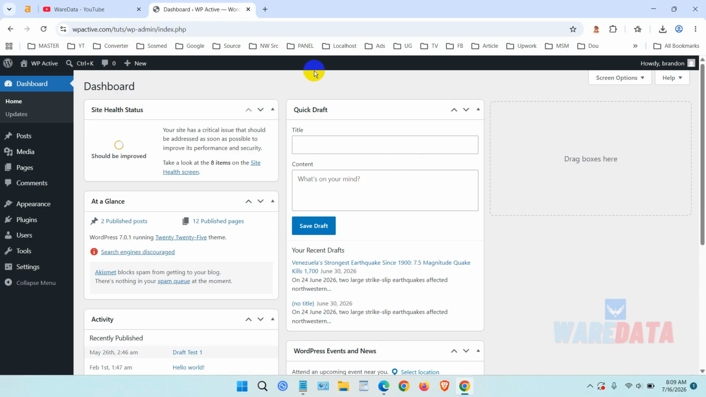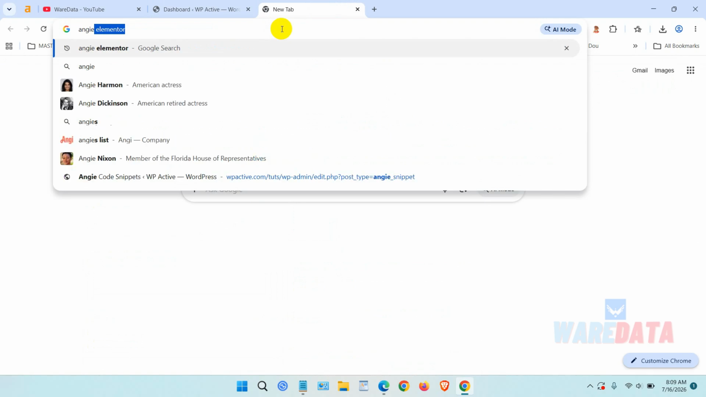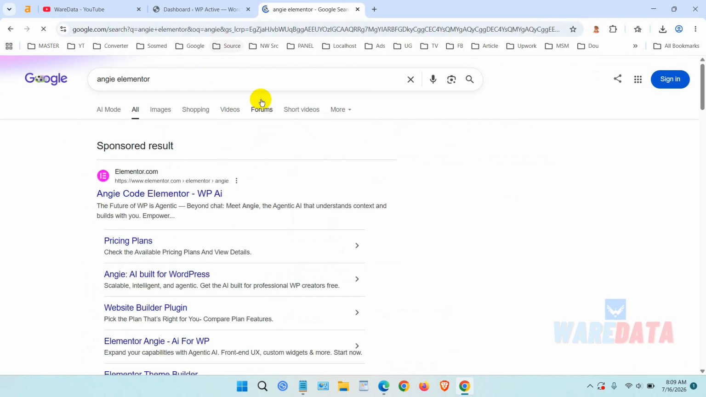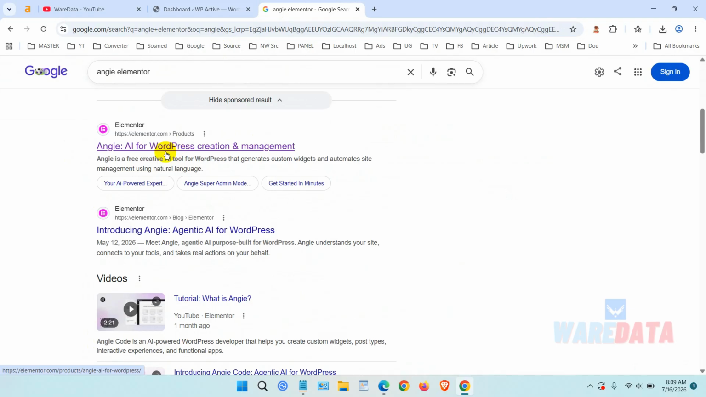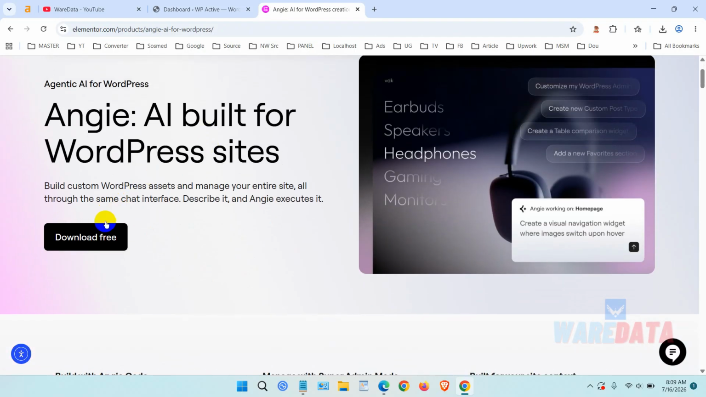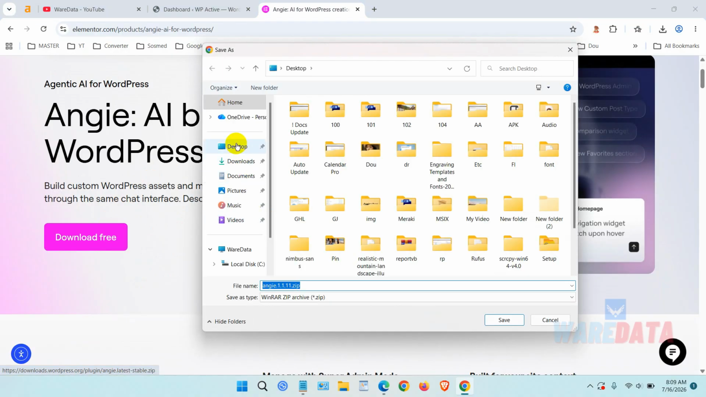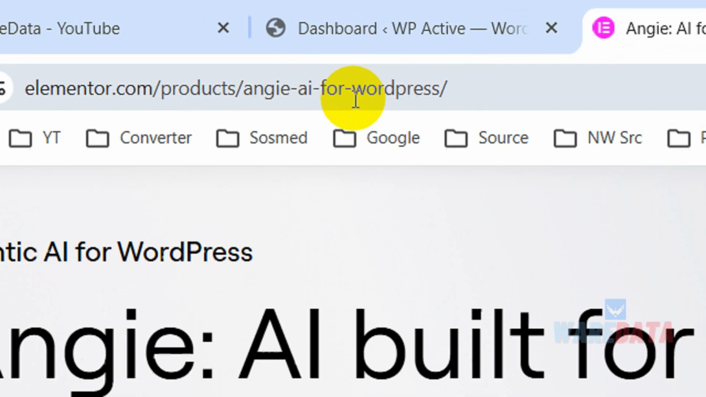How to do that? First, you need to install the AI agent called ng. This is a product from Elementor. You just need to search for ng Elementor in Google, and you will find it. AI for WordPress. You can click this and download the plugin. This plugin is free, so you can download it. If you want to see the URL, you can see